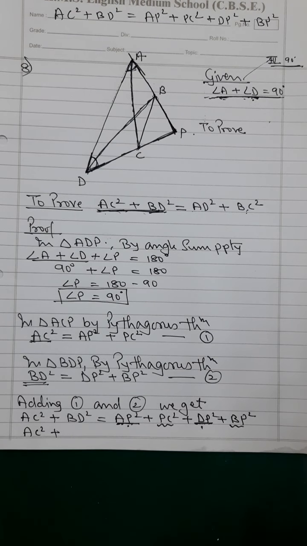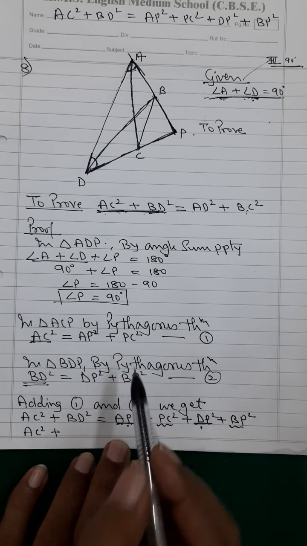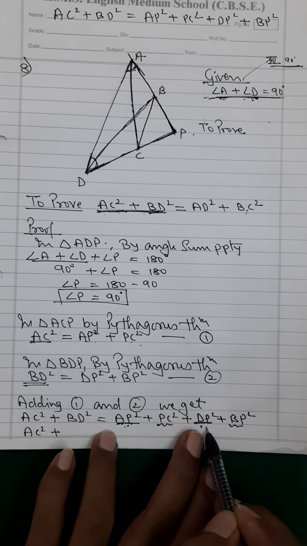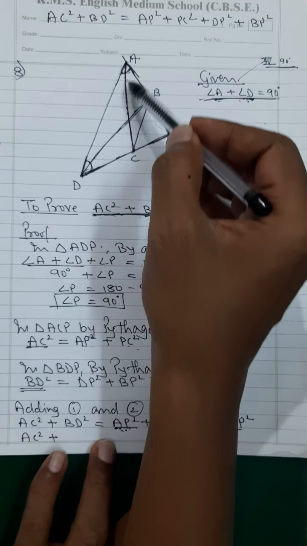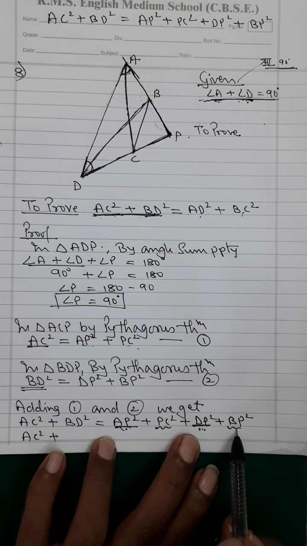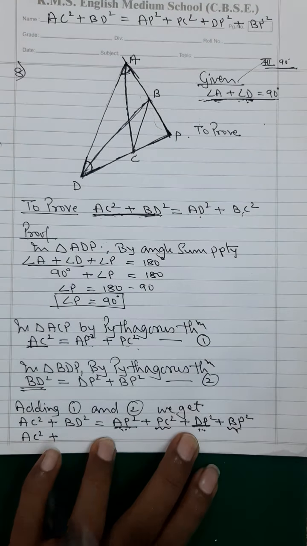I just took AP square plus DP square randomly. PC square I can't take because I have come from there itself. After AP square plus BC square, there was DP square lying. That's why I considered AP square plus DP square, which will give me AD square. So the remaining is PC square plus BP square, which is going to give me BC square. So that is also coming. So it was very fine.